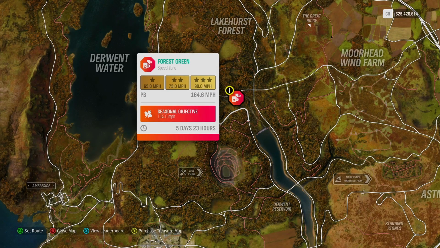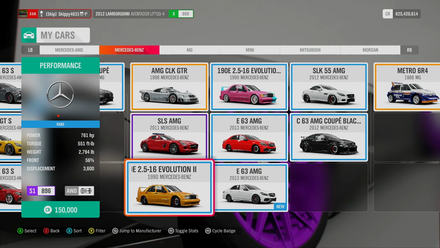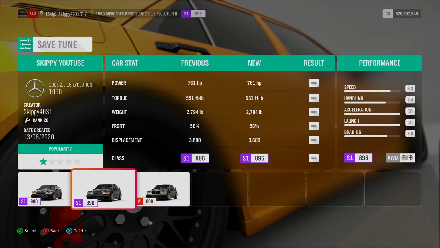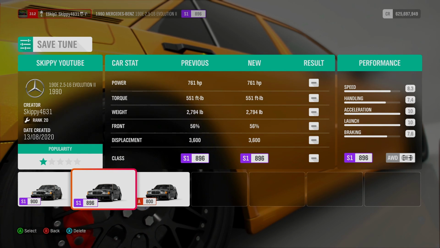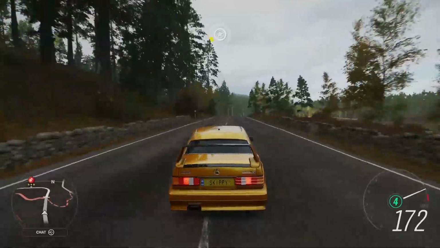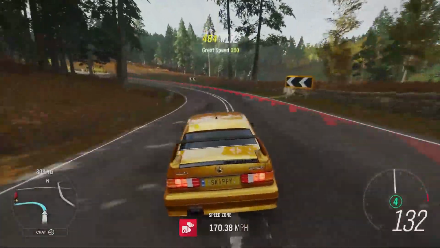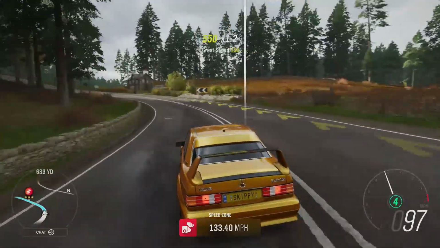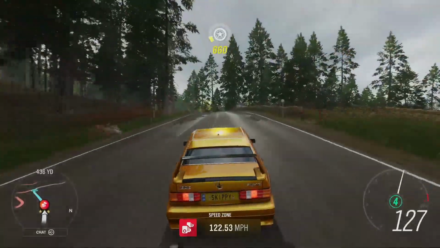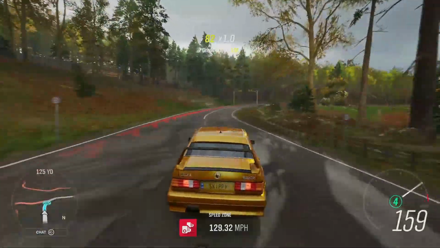115 miles an hour. For this week's Speed Zone, I'm breaking out the 1990 Mercedes-Benz 190E Evolution 2, running 761 horsepower, four-wheel drive, and can be picked up in the auto show for 150,000 credits. Here we go then in the 190E, a fairly big run up to get a nice entry speed, get that average speed as high as we can going in. One corner to deal with, average speed way above what we need for the target. 190E taking it in its stride, and across the line,